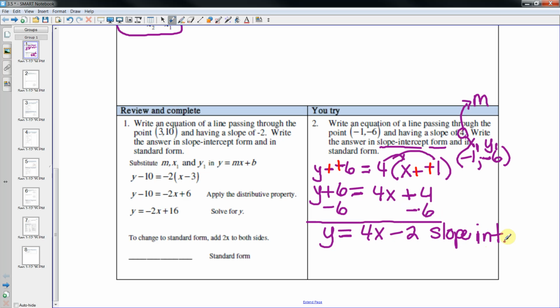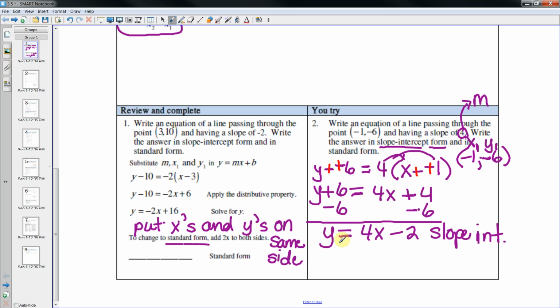That's your slope-intercept form. If it asks you for standard form, you put your x's and y's together on the same side. I don't ask you for standard form a lot, but just in case they ask you in the homework,